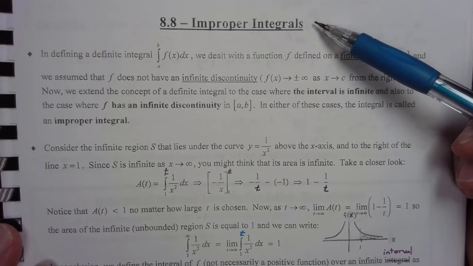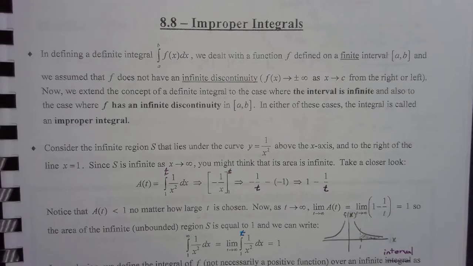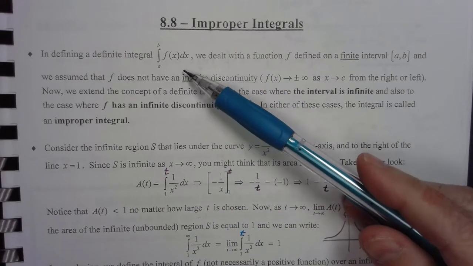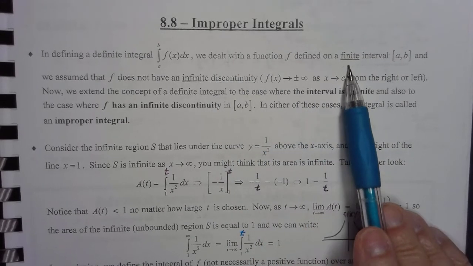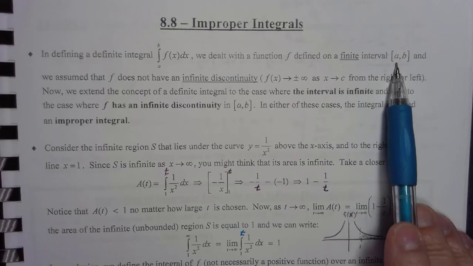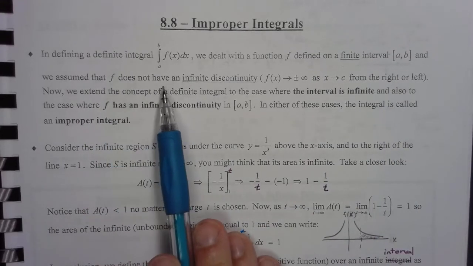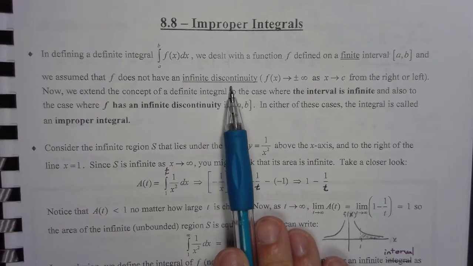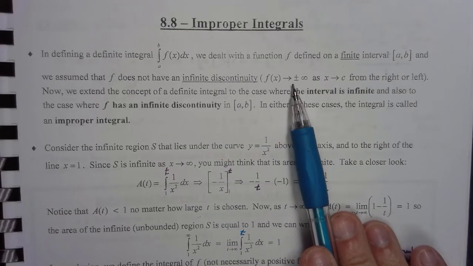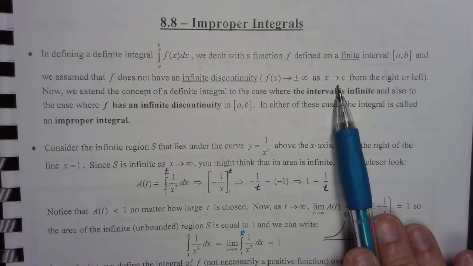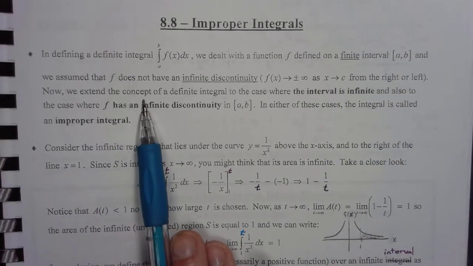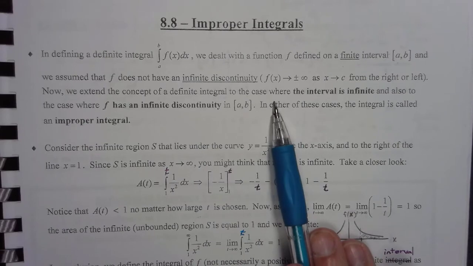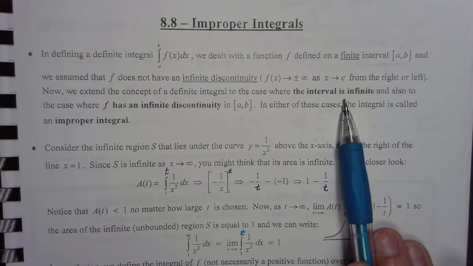Section 8.8, Improper Integrals. In defining a definite integral from a to b of f of x dx, we dealt with a function f defined on a finite interval from a to b. And we assumed that f does not have an infinite discontinuity. In other words, f of x goes to positive or negative infinity as x goes to c from the right or the left. Now we extend the concept of a definite integral to the case where the interval is infinite,